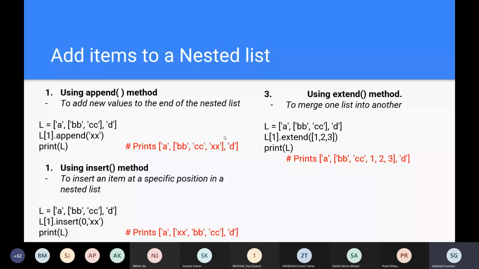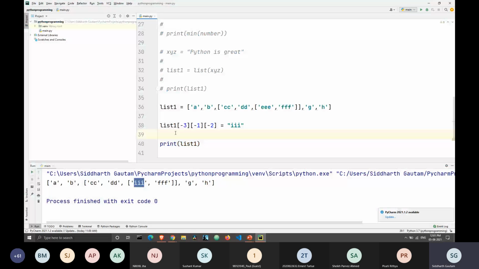Okay, and then we are adding elements to a nested list. Here's how we do it. Let's remove this one. Now what we are accessing is this nested list, right? So if we type here dot append, we can write another element here. Let's say we append 89, and then we print this.